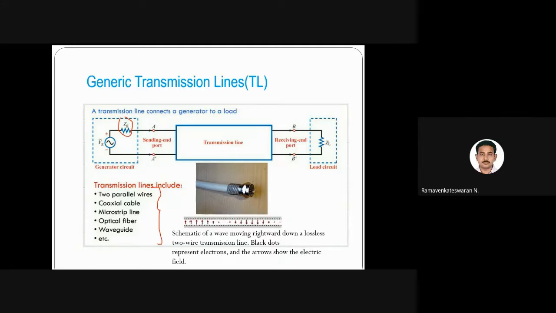You can see that the potential is varying, like a sinusoid. Normally the electric field lines we mark as perpendicular, and the magnetic field normally we mark as parallel. You can see the dots; these dots tell me the magnetic field. Actually, it is coming out from the screen, like in 3D. If you watch a 3D class, it may come directly to your eyes. So this is the magnetic field.